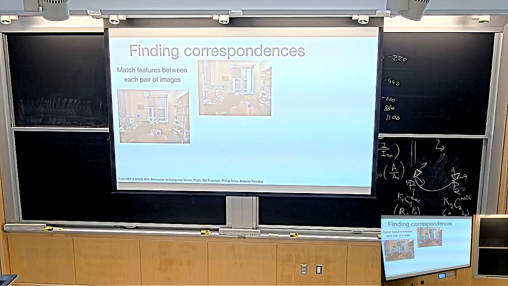As we discussed with colors, it really doesn't work because colors are not representative. I mean, even in this room, right? All the walls have the same color. What are you going to find? Nothing. Okay, good. So it turns out that the way you compute correspondences, you get really smart about these descriptors.